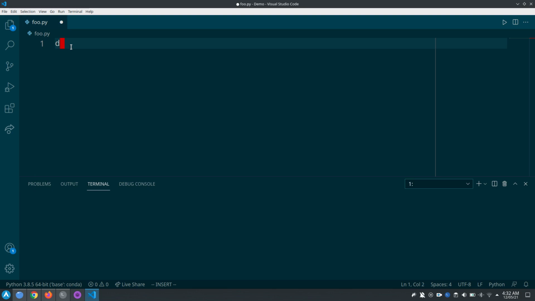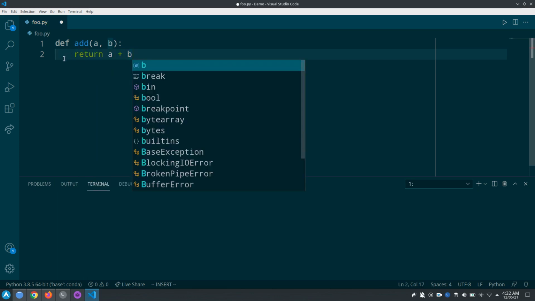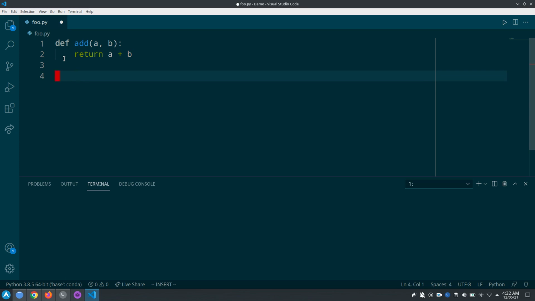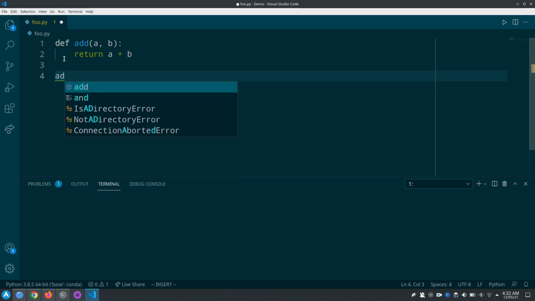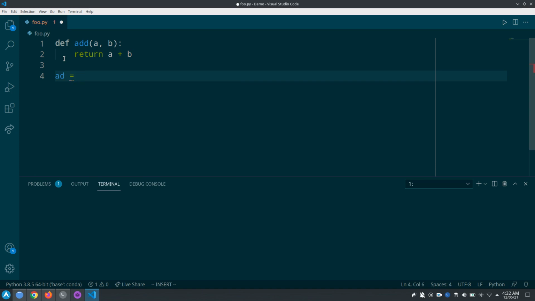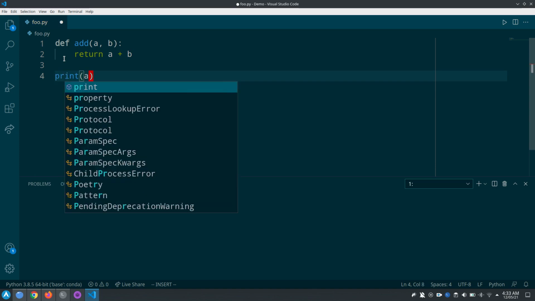Then here I can write def, for example add, and then I can give the values a, b, and I can just do return a plus b. Now let me try to print add